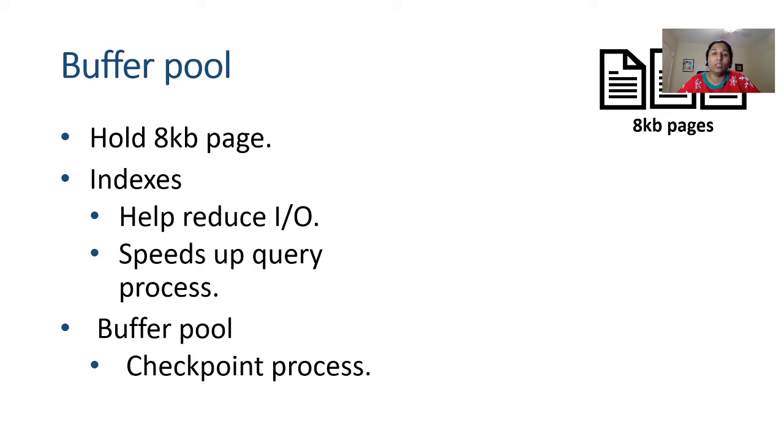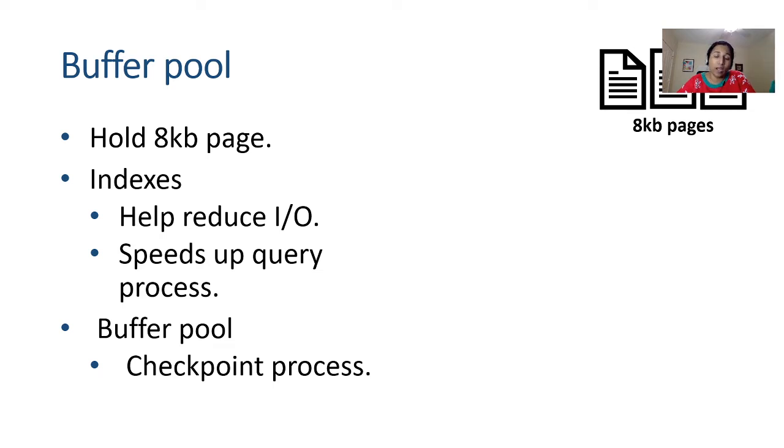Now let's see how the buffer pool works. The buffer pool basically has to hold the 8 KB data pages and the index pages in it. Basically the buffer pool has to handle 3 kinds of different structures: the heaps, clustered indexes, and non-clustered indexes. So for example, if you wanted to do a select star from a heap table, you know what will happen. The buffer pool has to go ahead and grab all those 8 KB data pages into its memory, and then do the modification over there, which is very IO intensive.